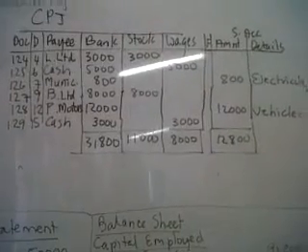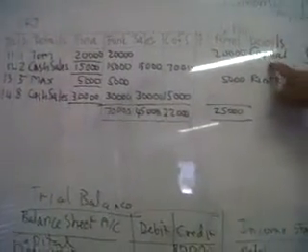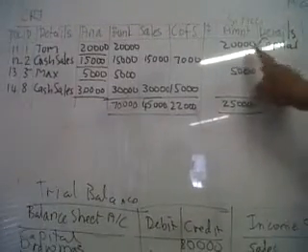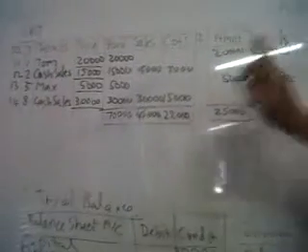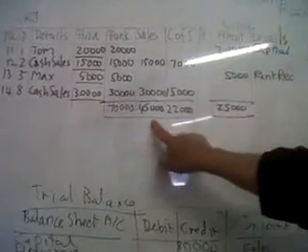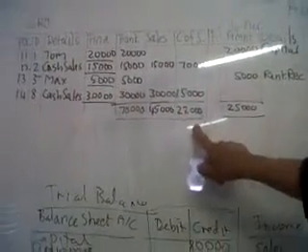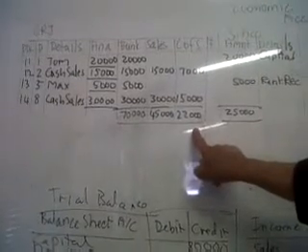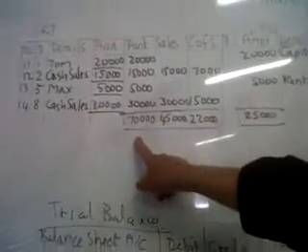Now you must post. So let's look at posting to the general ledger. Okay, now we're going to take it slow. The capital from the CRJ. Give me a full picture of it. This capital goes to the capital account on the credit side. The rent goes to the rent received account on the credit side. The sales go to the sales account on the credit side, and you write bank. This one here, cost of sales, goes to two accounts. Debit the cost of sales account, credit the stock account. And the bank account, 70,000, goes to the debit side of the bank account, write total receipts.